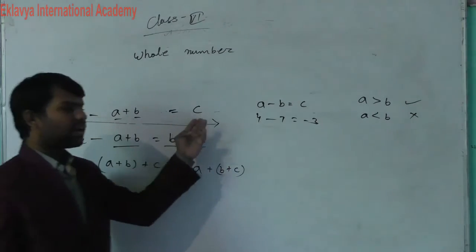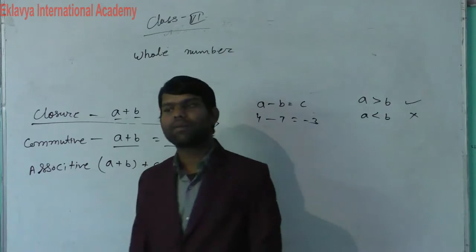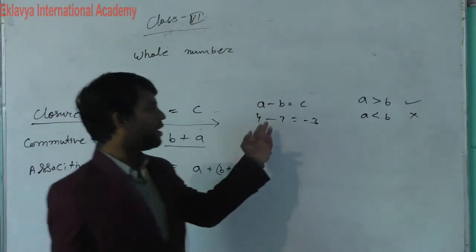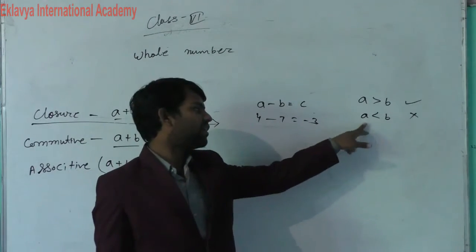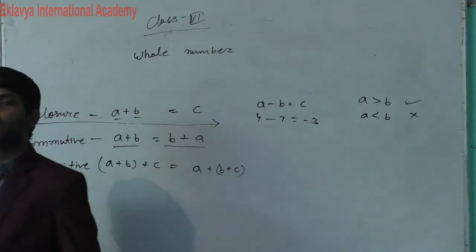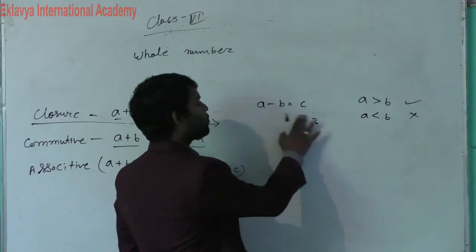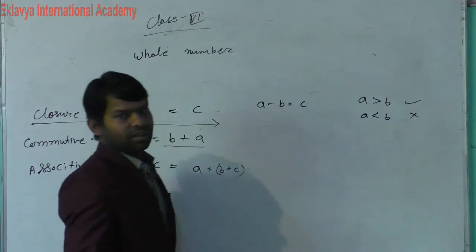जो आपका रिजल्ट आएगा बेटा वो भी क्या होना चाहिए, एक होल नंबर होना चाहिए. बट यहाँ होल नंबर्स नहीं है, because if we subtract in this condition, then we get a negative number, and a negative will not be a whole number. So we can say here we can't apply this property in subtraction.